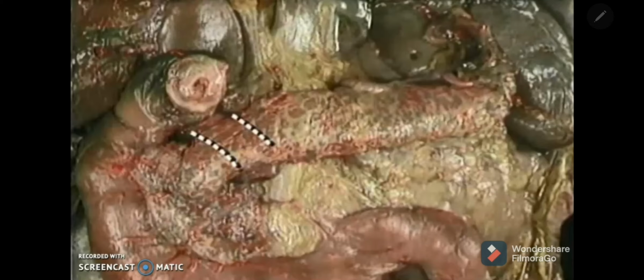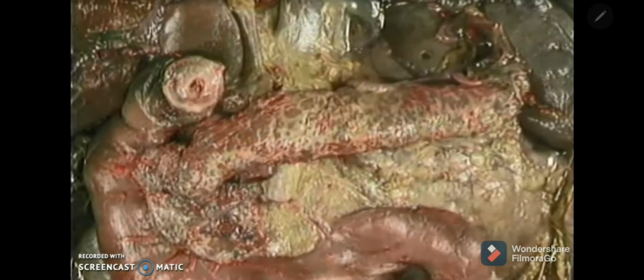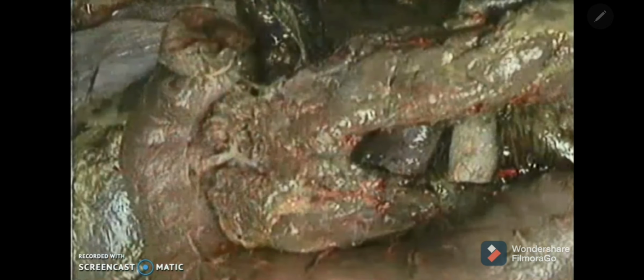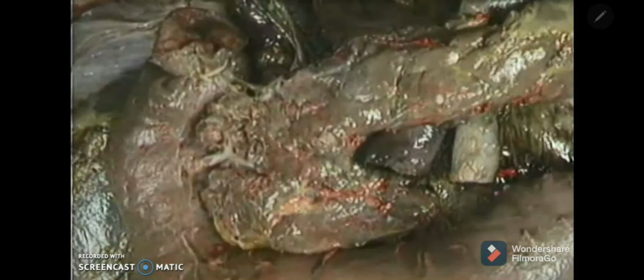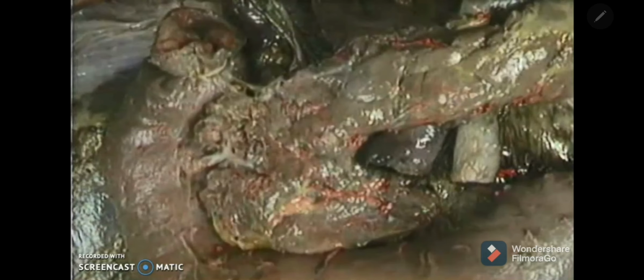So you can notice that is the neck, the portion of the pancreas lying in front of the formation of the portal vein, neck of the pancreas. And coming to the duct here, if you open the some soft parts of the anterior surface of the head, here you can notice